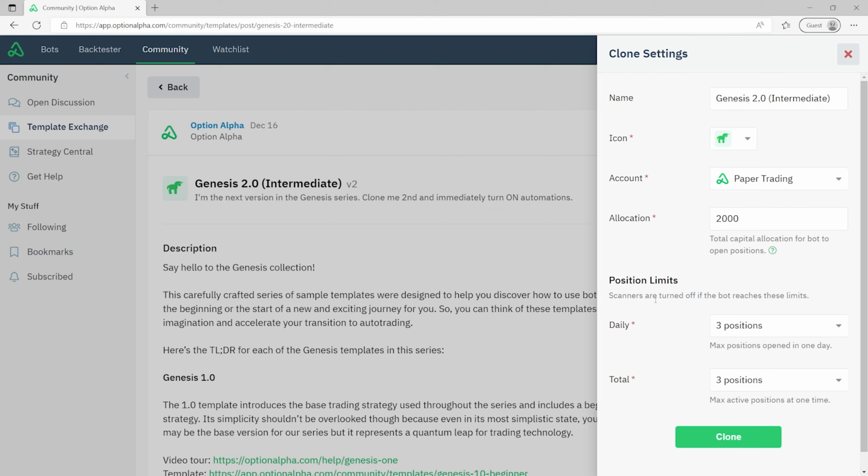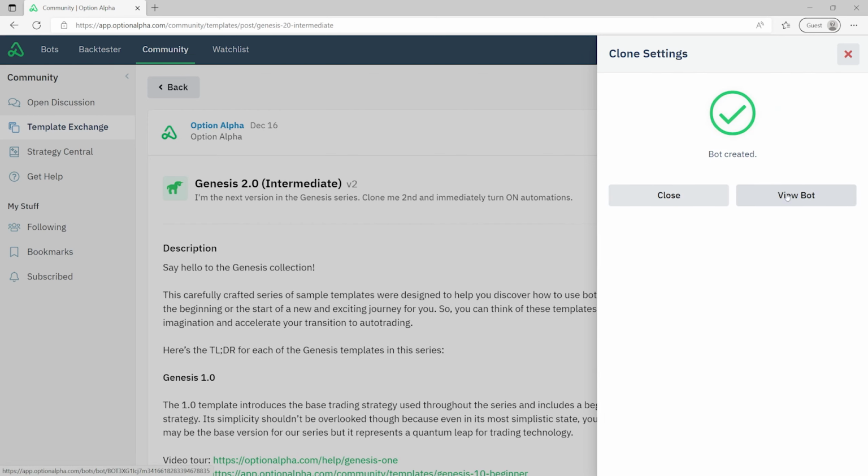On these position limits, this is pretty self-explanatory: how many daily positions will this bot create, and how many total positions can it have at one time? We are going to be wanting to open up trades with 3 different symbols on this one, so we'll just leave it at the 3 and the 3, and we'll click on clone,